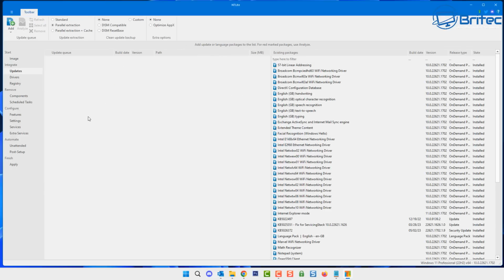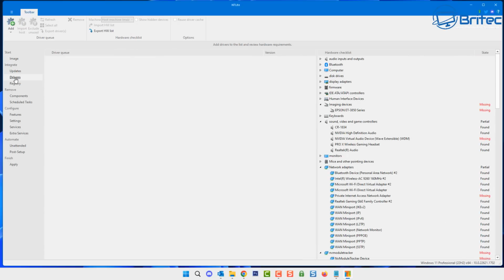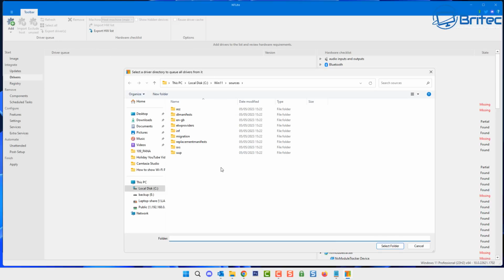You can go to updates and you can also integrate drivers and registry. So if you want to go ahead and integrate some stuff, this is where you're going to be integrating all of the stuff you want to integrate. So let's go ahead and try drivers here because that's what we've just extracted into our folders. And I'll show you the other ones in a second. So let's click on drivers and then click on the top left-hand side again, click on add and you'll see driver files and directory containing drivers. So we're going to click on directory containing drivers, click on add,